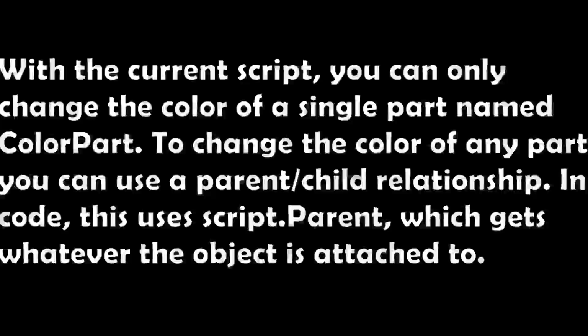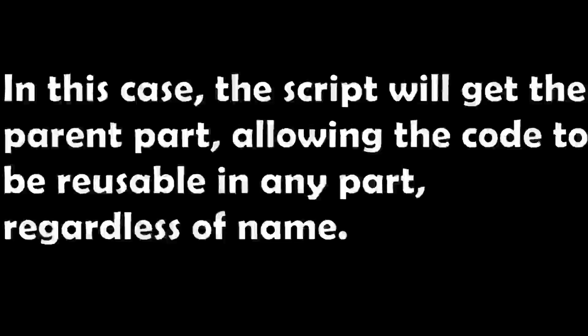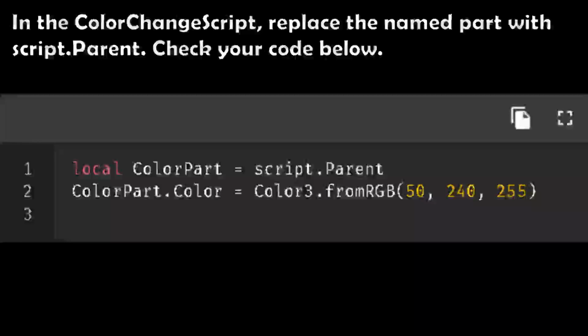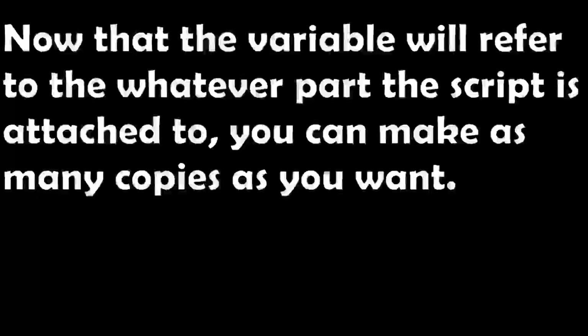In code, this uses script.Parent, which gets whatever the object is attached to. In this case, the script will get the parent part, allowing the code to be reusable in any part, regardless of name. Script.Parent is used just like setting a variable with the equals symbol. In the color change script, replace the named part with script.Parent. Check your code below. Now that the variable will refer to whatever part the script is attached to, you can make as many copies